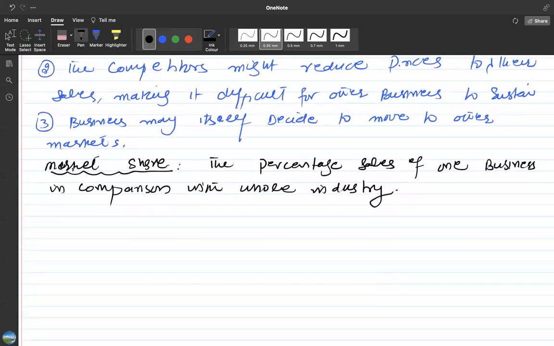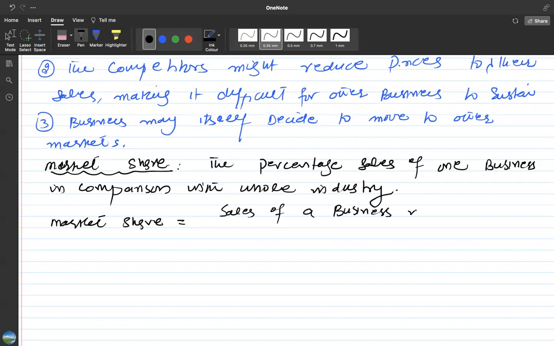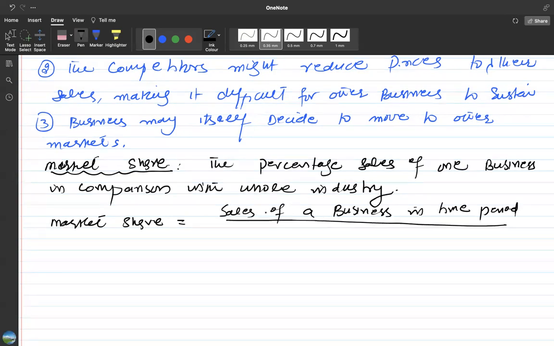Market share can be calculated by the following formula. And please remember, market share is one way to measure the size of a business too. We studied this in chapter 1.3, the size of businesses. Market share is the sales of a business in a time period divided by total market sales in the same time period,